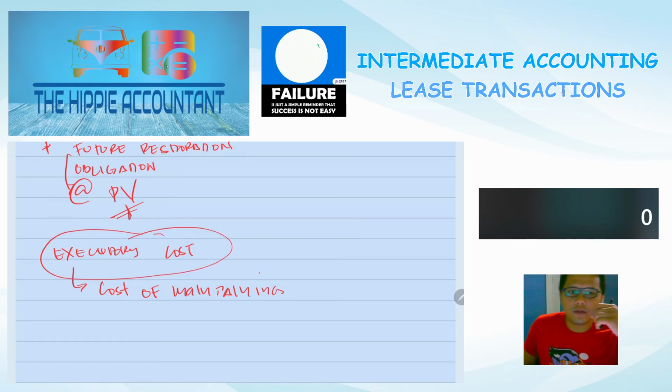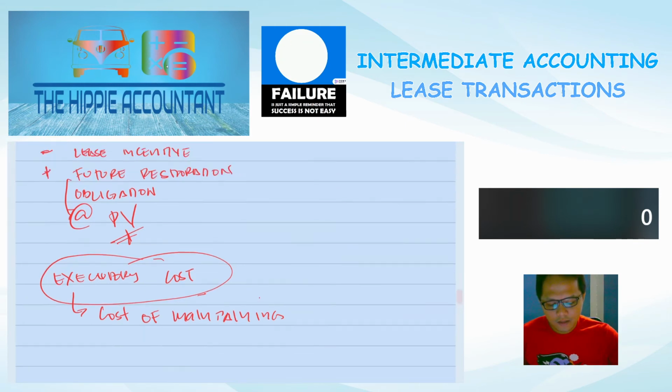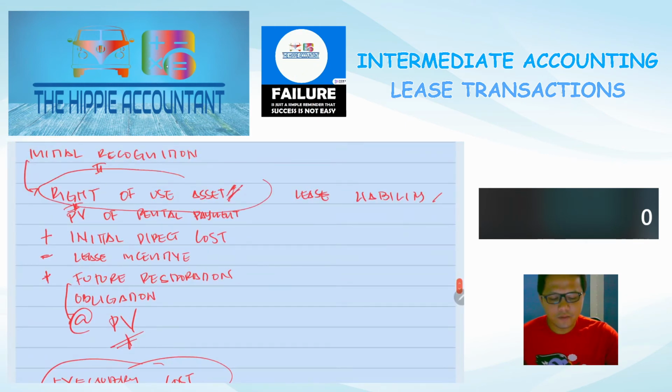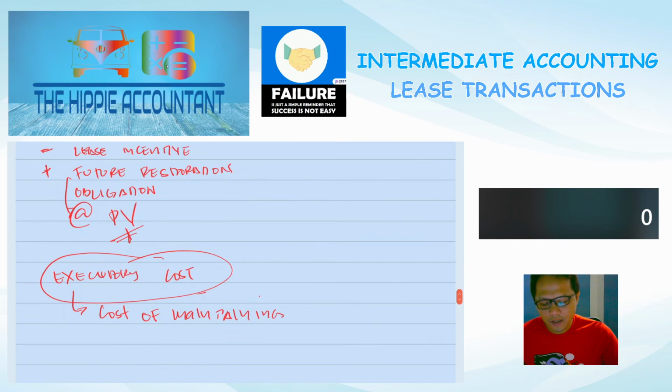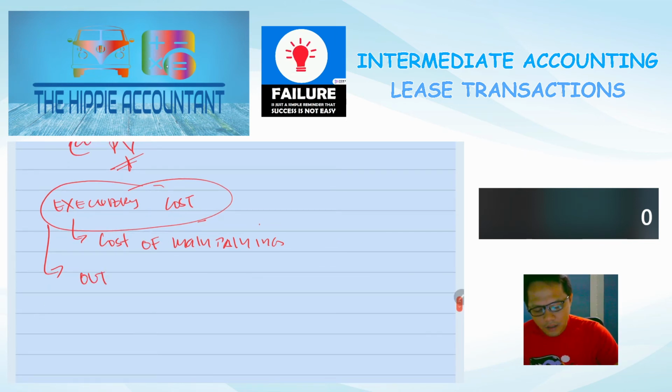This is executory cost. Example yan nga, yung mga real property taxes, mga licenses, repairs and maintenance. Okay? So, itong executory cost, remember this ha? This is not part of your right of use asset. Hindi siya kasali. Because this executory cost, under the guidance of IFRS 16, this is outright